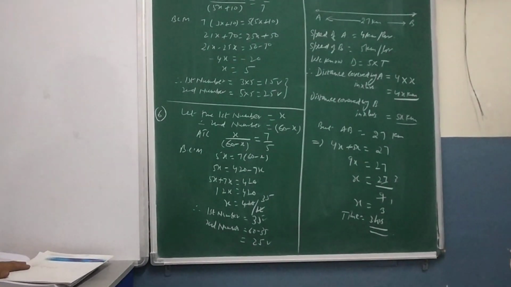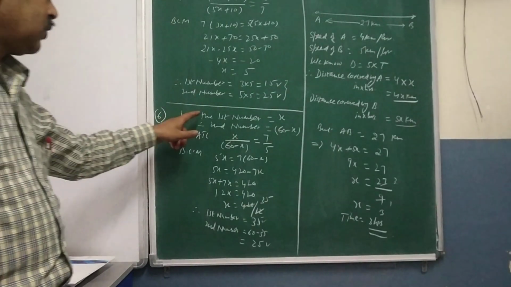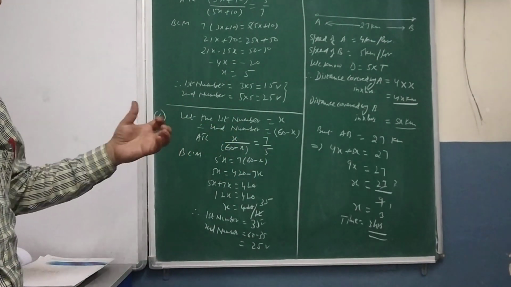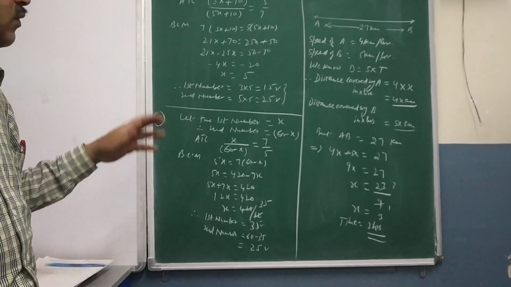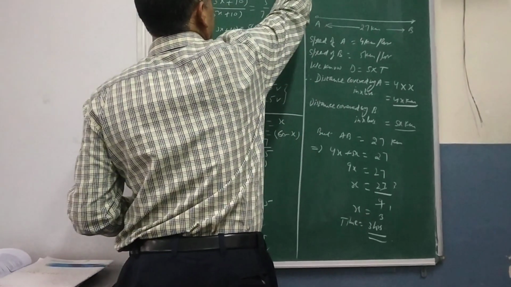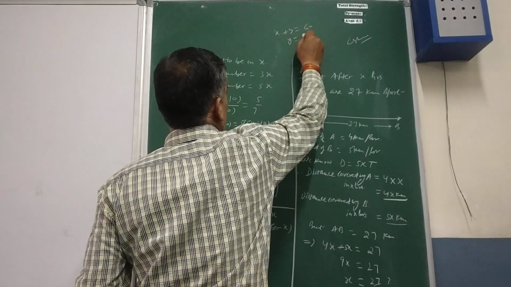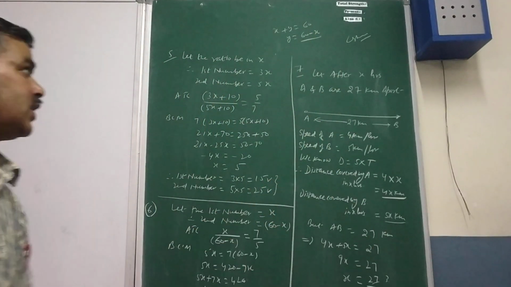Next again is your number based question. Now the sum of two numbers is 60. So if your first number is x, then second will be 60 minus x. If you are not able to get it directly, you can assume y also. So x plus y is equal to 60. Suppose you are writing the second as y. So if x plus y is equal to 60, then second number y in terms of x will become 60 minus x, which I have written here directly.